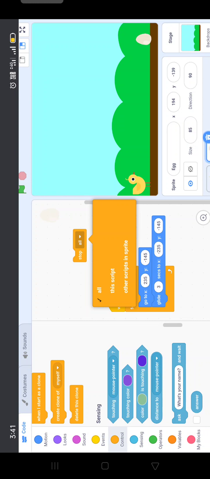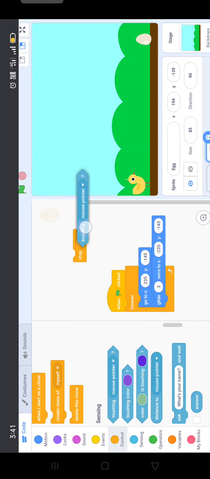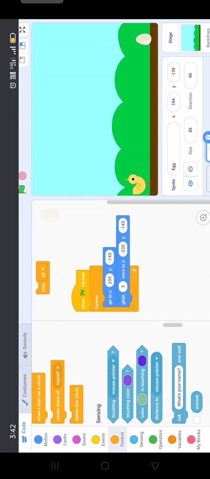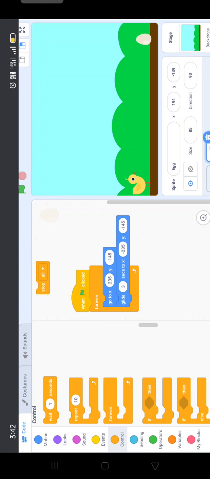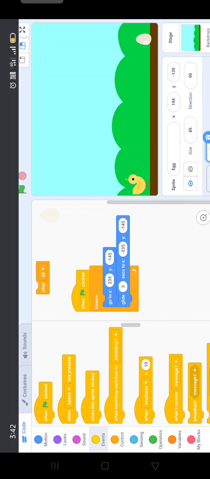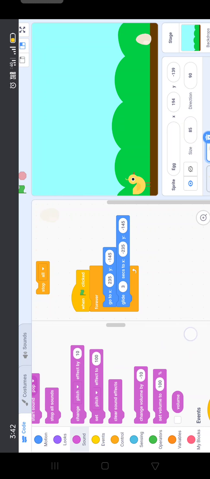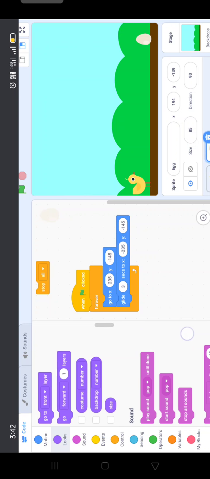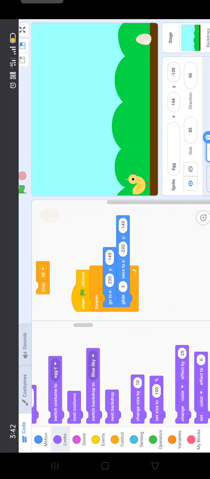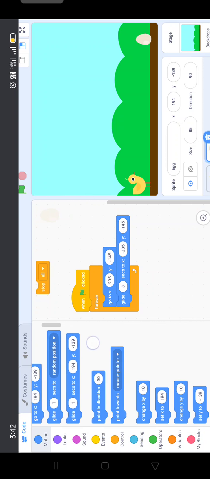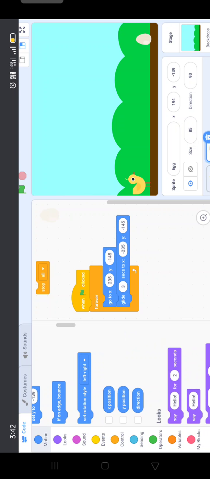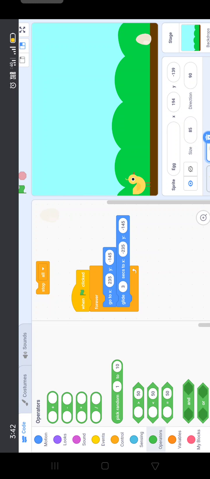And here we are going to take, I think we have to go to the motion part, and from this motion part we have to stop from the operators.